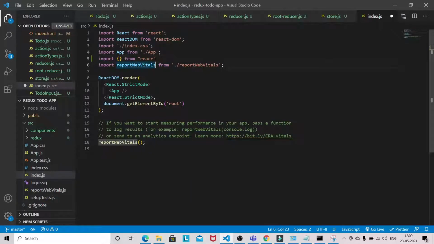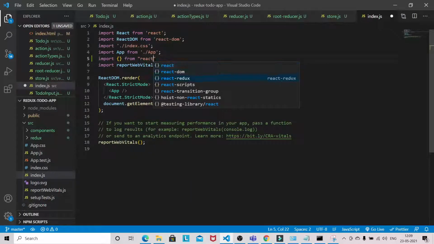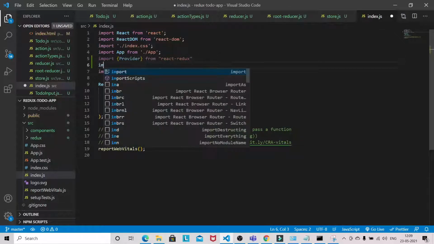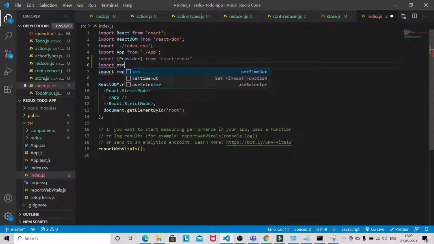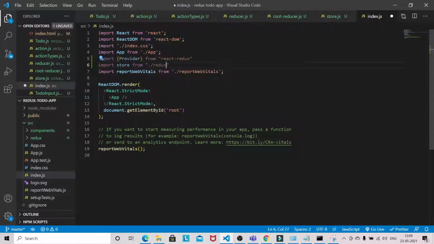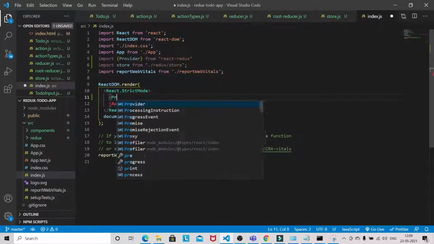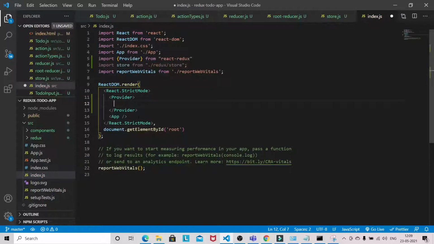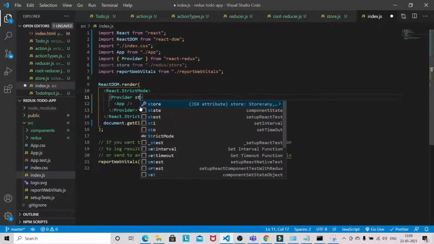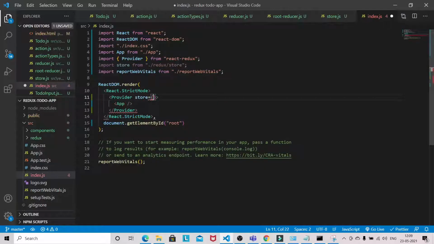So now we will be using Provider. Now we will import store from our Redux store, and wrap the app in the Provider, and in Provider we'll be passing the store.